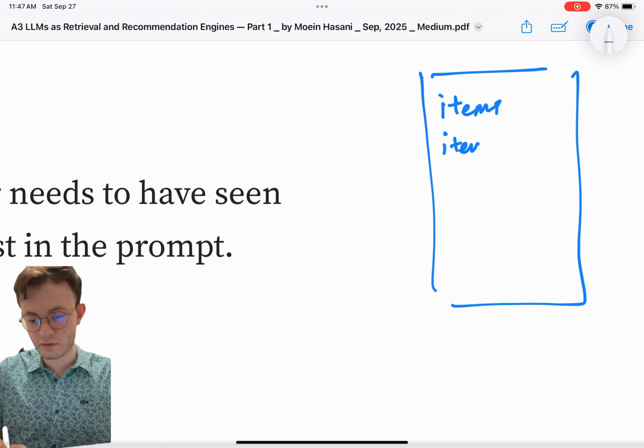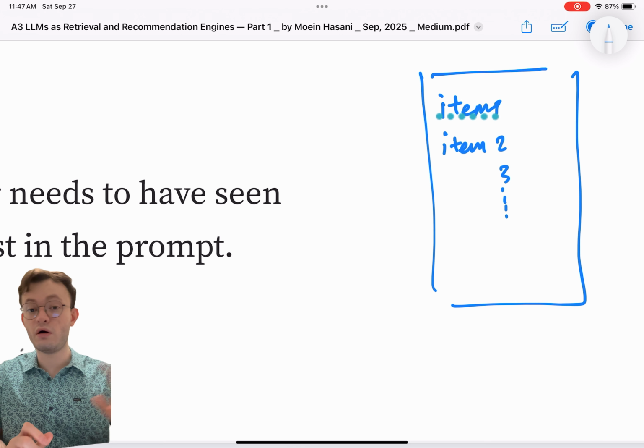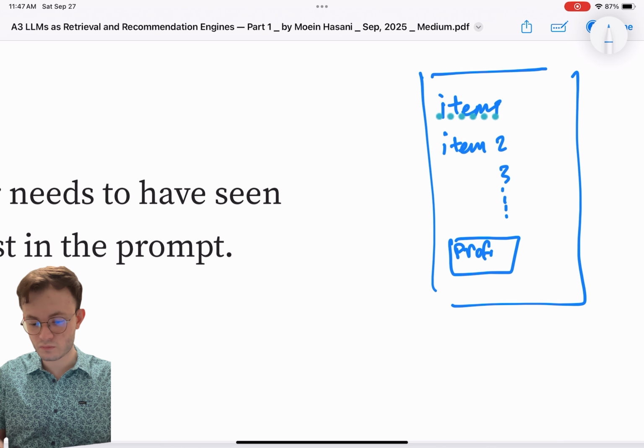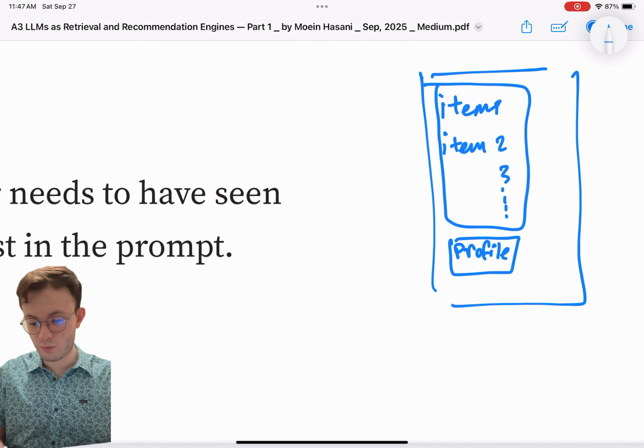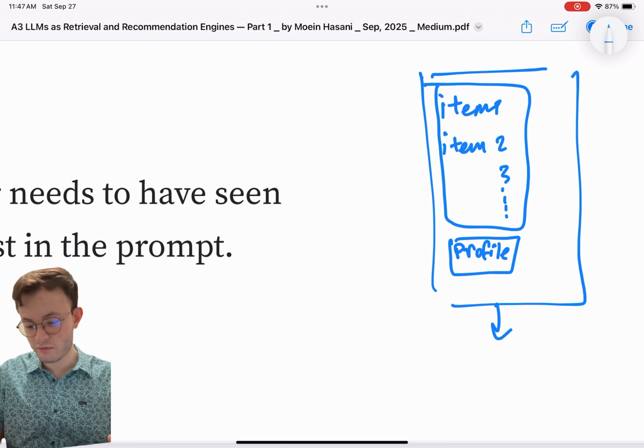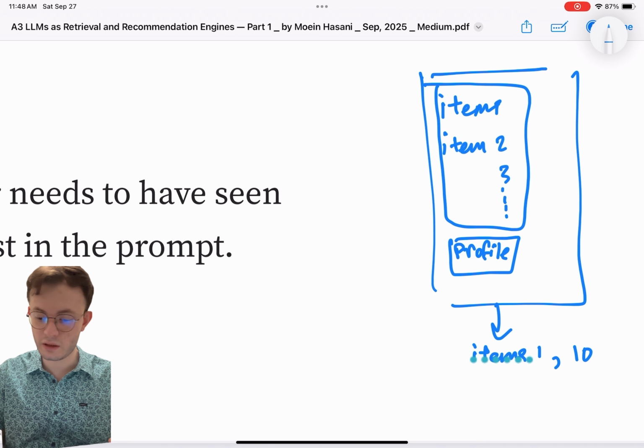You will have item 1, item 2, item 3, and you tell the LLM, these are all the items in my database, and this is the user profile. Now, based on the user profile and the items, output what items this user might be most interested in. Like it may say item 1, item 10, something like that.